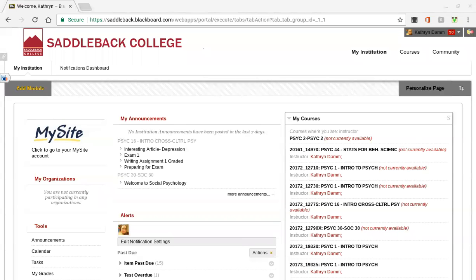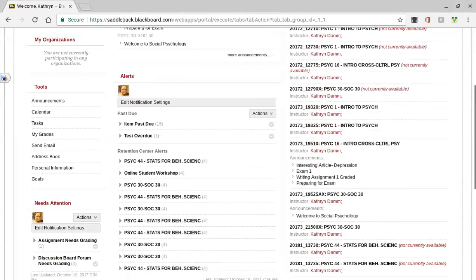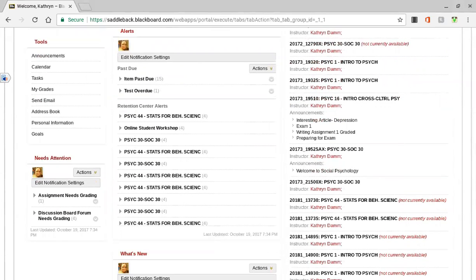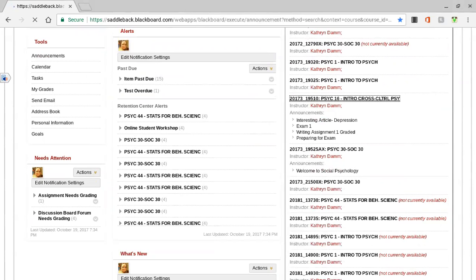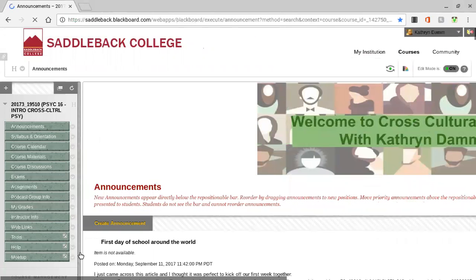All right, so when you have your shell that you have already made, you're going to go to that shell. I'm going to do my cross-cultural psych class. So I'm going to go into the shell that already is made and it's currently running. When I go to that course, which I have opened, you're going to scroll down to